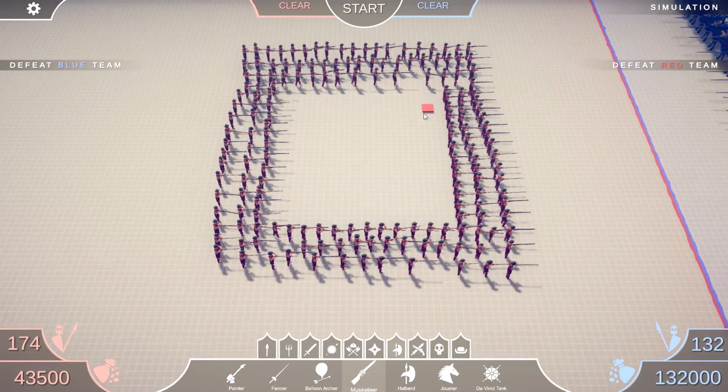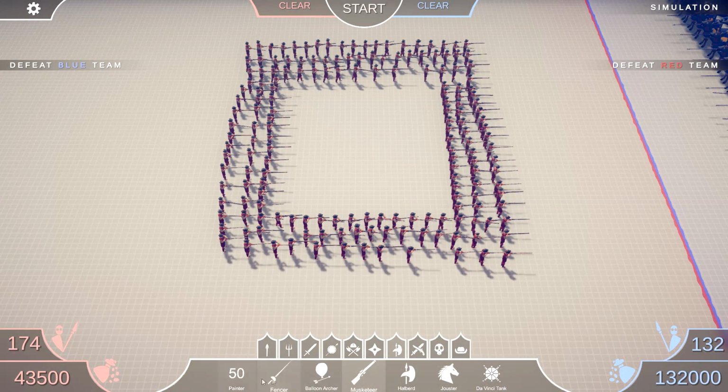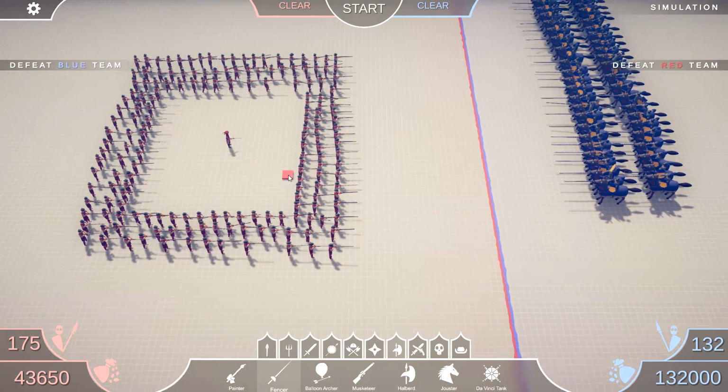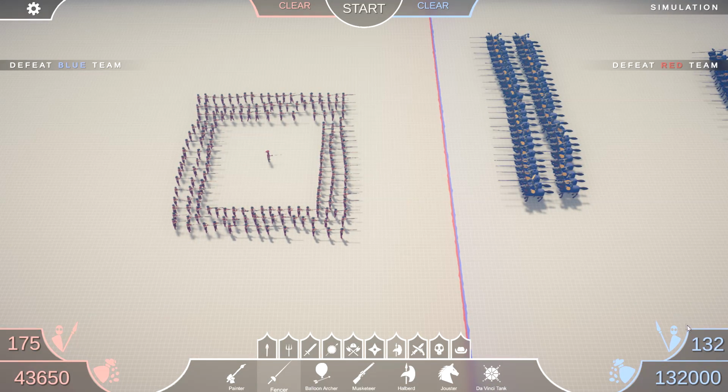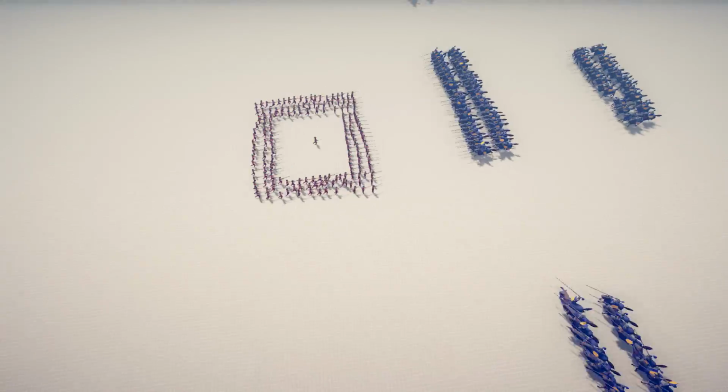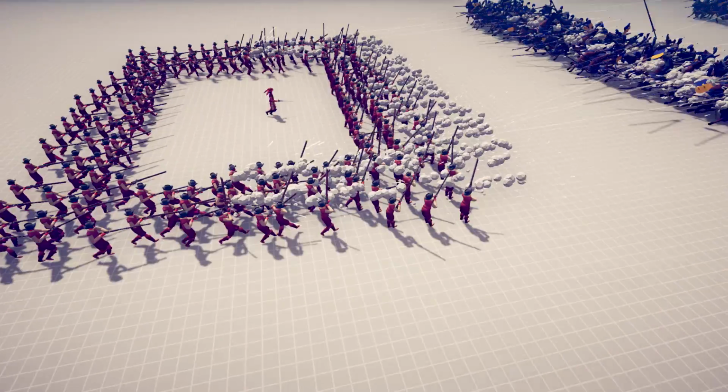So this is the moment of truth now. I'll tell you what, we're even going to put a soldier in the center to act as a sort of captain. He can be the captain. And now let's see if one square formation can fend off all 132 of these jousters. There's 175 musketeers, well 174 and 1 captain. So let's see how this plays out. Here they come. We have a square formation now. The first shot has been shot,